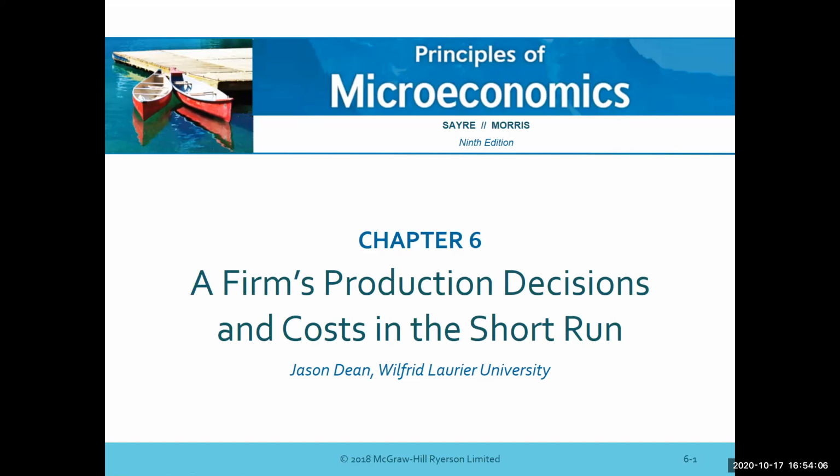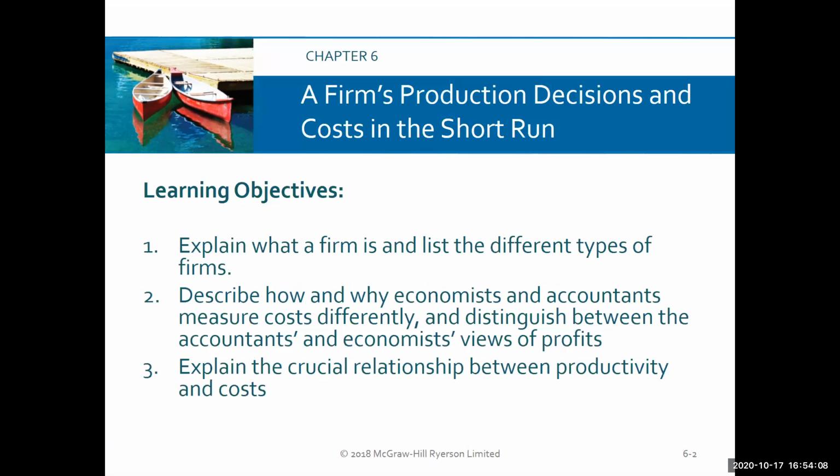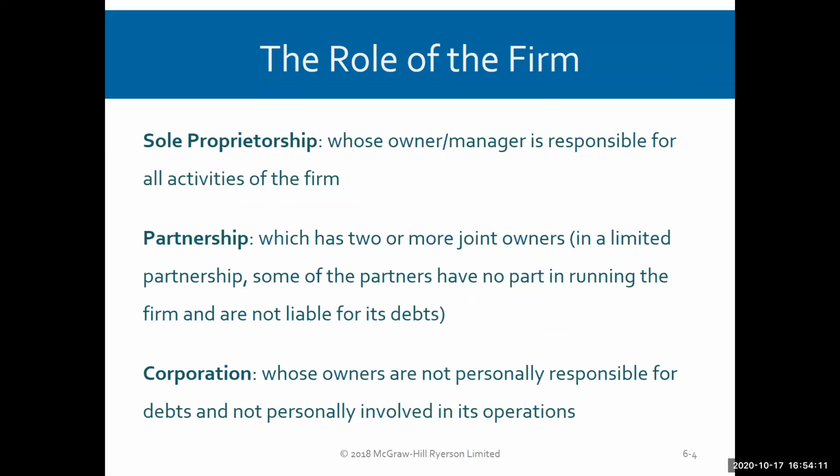So let's take a look at the various types of firms again, very briefly. First of all, we have a sole proprietorship. That's probably the most common type of firm that we might find out there. And the owner or manager is responsible for all activities of the firm. It's a heavy load. They often do the accounting, run the firm, do the actual work themselves. But the big problem here is that there's a huge risk on a sole proprietor. They are actually personally responsible for all debts and any damage that the firm or company might cause in its